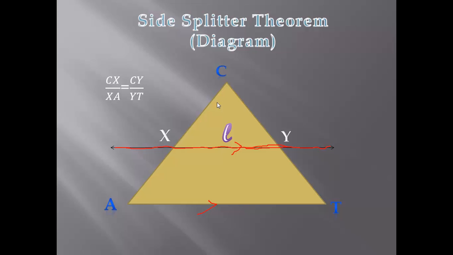And following the side splitter theorem, CX and AX are split proportionally,